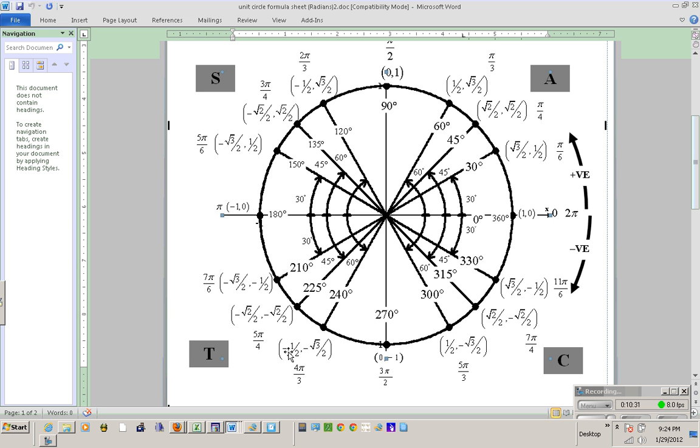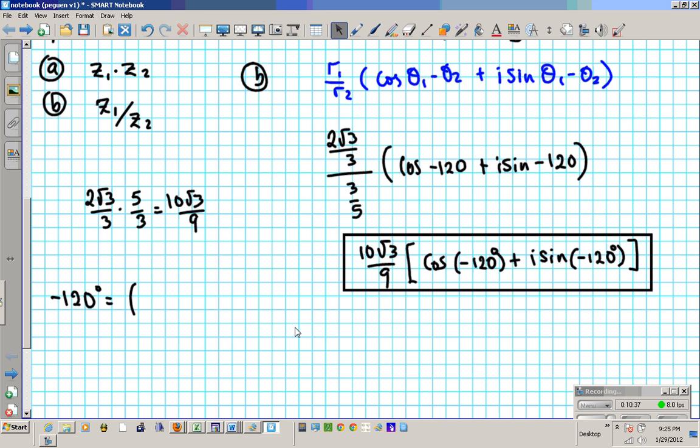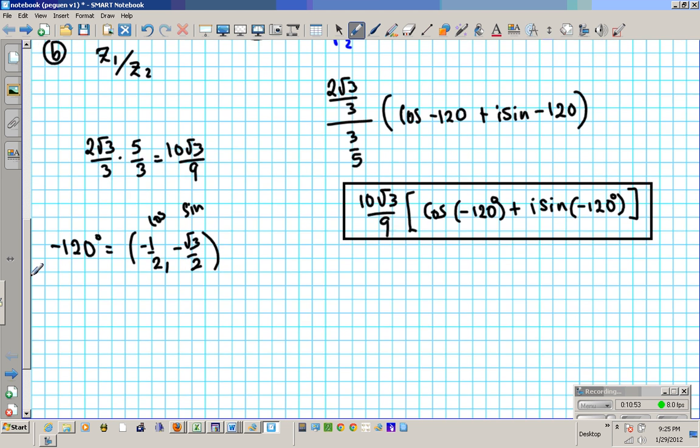So negative 120 is negative 1 half, negative root 3 over 2. Okay? So negative 1 half, negative root 3 over 2. Remember, the x coordinate is the cosine, the y coordinate is the sine. So put that here. We're going to have 10 root 3 over 9 times negative 1 half minus root 3 over 2i, and then distribute that. That will give us